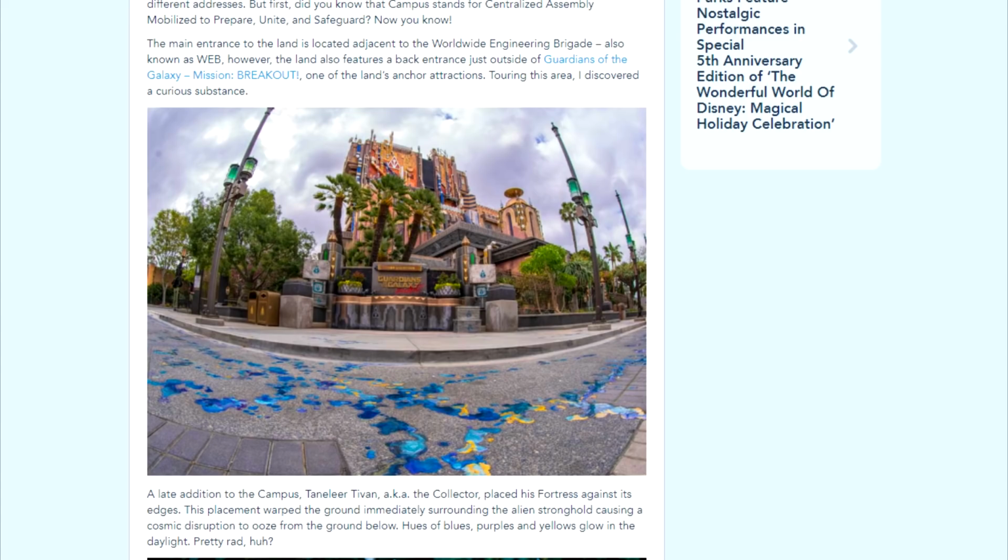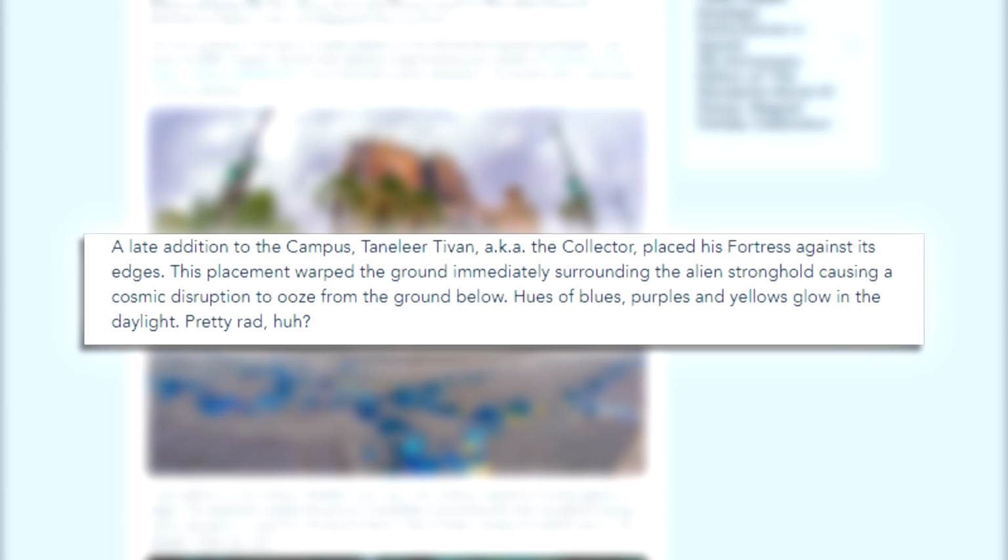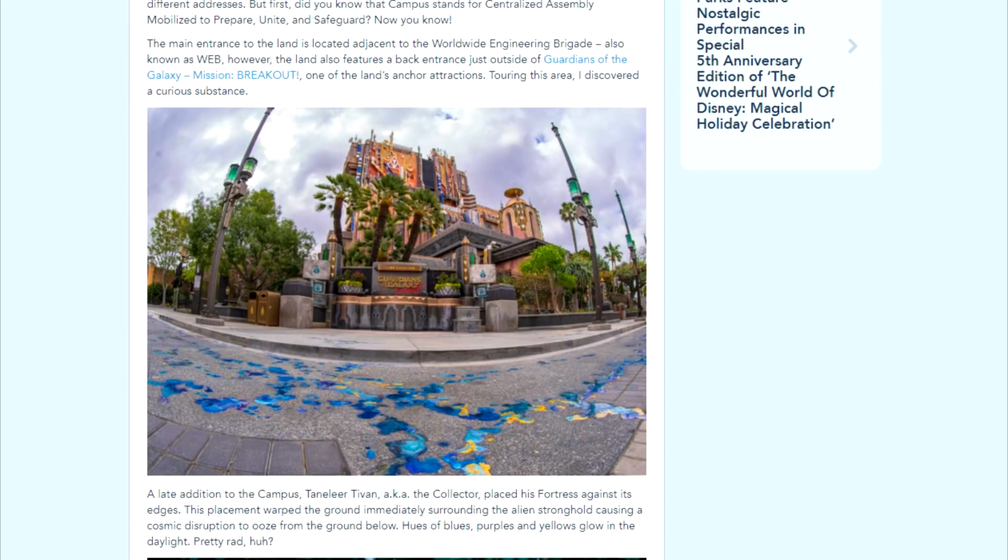And apparently the Collector, Benicio del Toro's character, Taneleer Tivan, placed his fortress against the edges of Avengers Campus. Now, what placed means, I don't know. Did it fall from the sky? Was it cosmically done? Probably, because, well, we're going to get to some other things here in a minute, what I found in this area around Mission Breakout. But placing this here, there was some sort of...